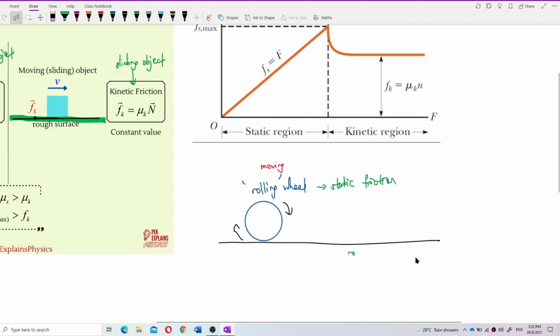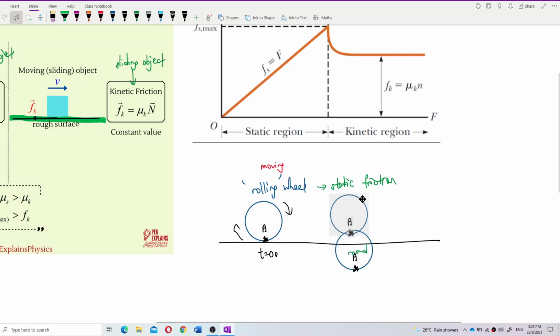This is the road. It is not sliding across the road. You see the surface in contact, at 0 second, this point A is in contact with the road, isn't it? After some time, after it rolls down the road,